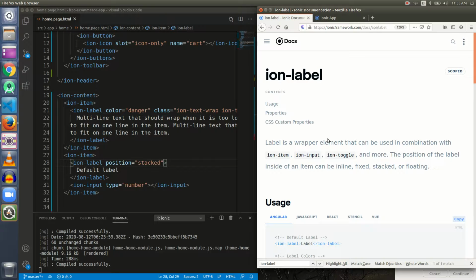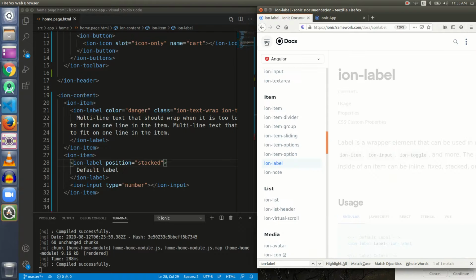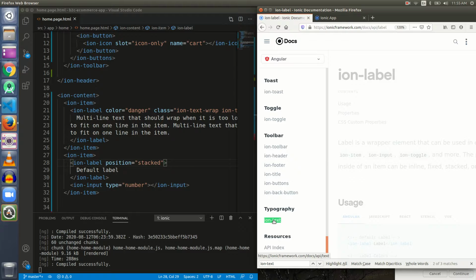As you can see, ion-label is used to put text inside it. Now there are some more tags such as ion-text. So let's go to ion-text.